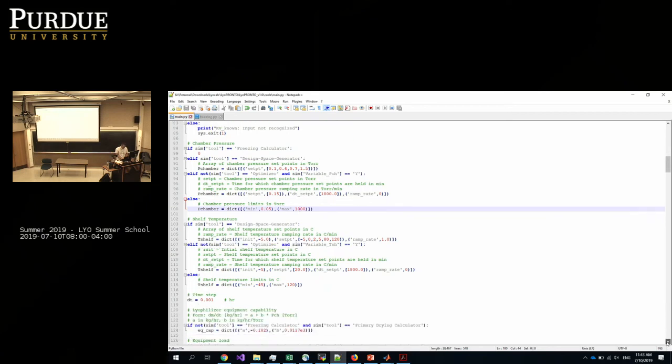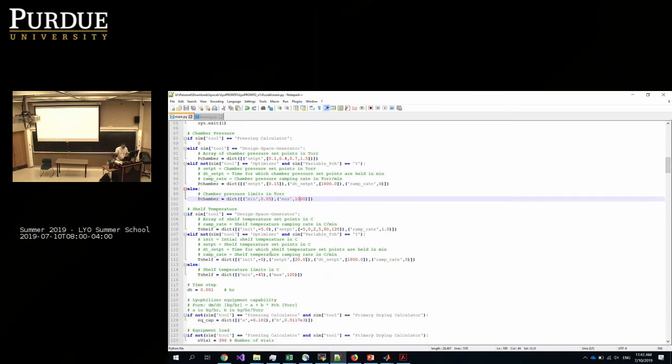For shelf temperature, same thing. We just set up the limits, minimum and maximum. Maximum is 120 degrees, we set up here. Minimum is -45. So basically that's it, because all the other information we'll be using in the primary drying tool. We save it and then